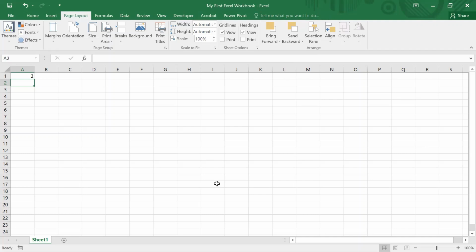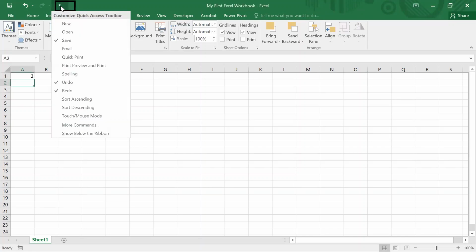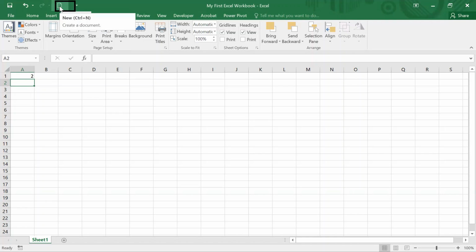Apart from this, the ribbon also has the Quick Access toolbar. This contains all the quick access commands. So if I am using the New button every time, creating a new workbook every time, I'll just click on it and you can see there is a new button that has been created, which I can access very quickly.